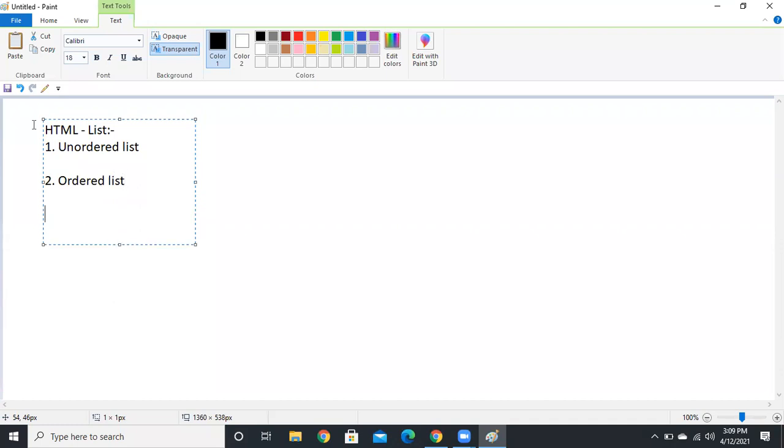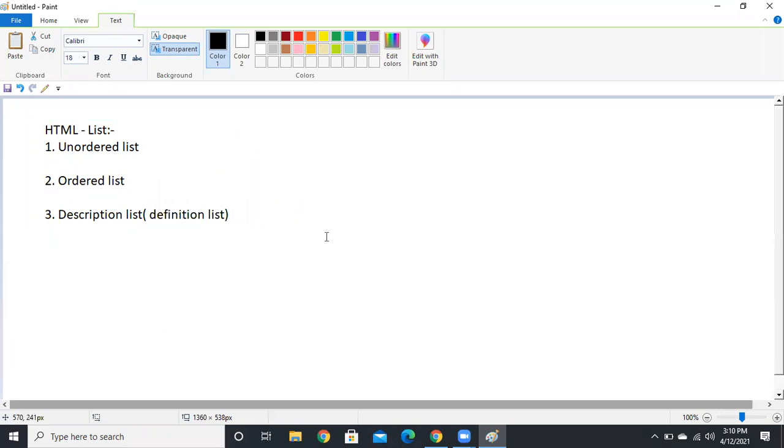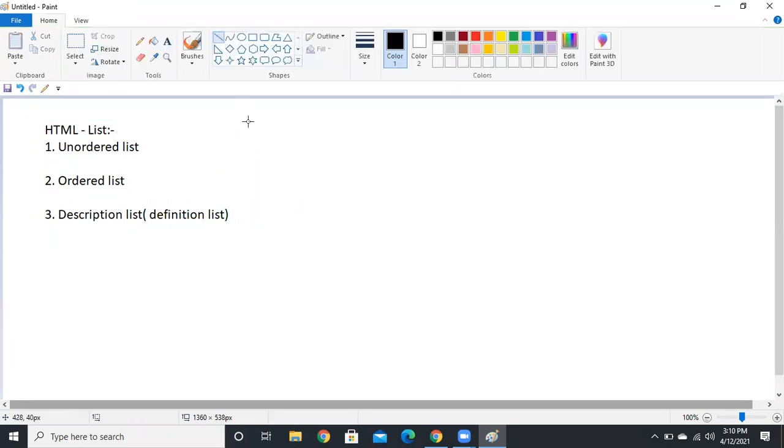And next we have the description list, which some people also call the definition list. In real time, mainly we are going to use only the unordered list and ordered list. It's a very rare case that we use a description list.